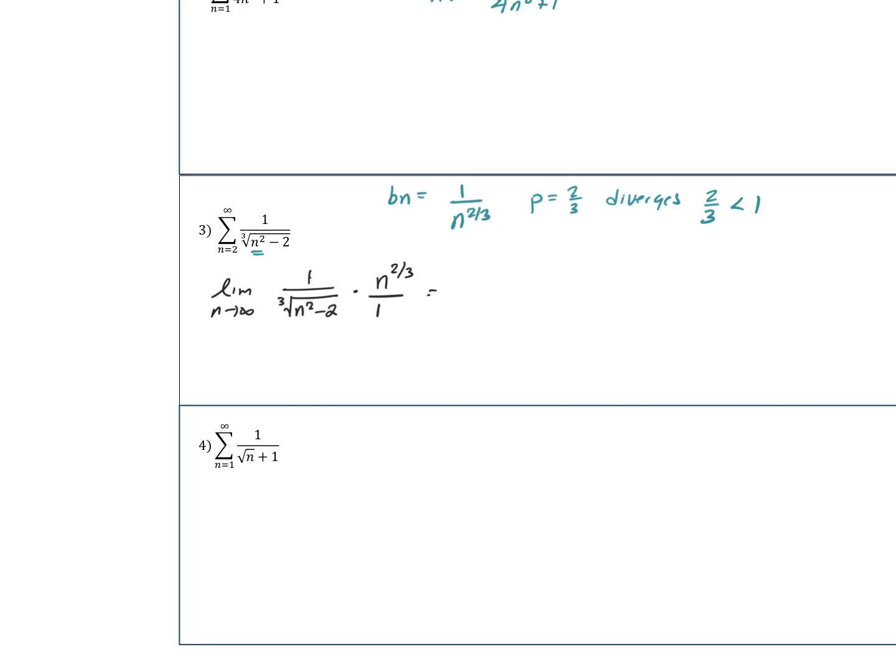So we've got the limit as n goes to infinity, so it's n to the 2/3 over, like that. So look at the highest exponent on the top and the highest exponent on the bottom. So it's going to be the coefficient, so it's 1 over 1, which is just 1, equals 1. So that means it does whatever this does. So my final answer here would be